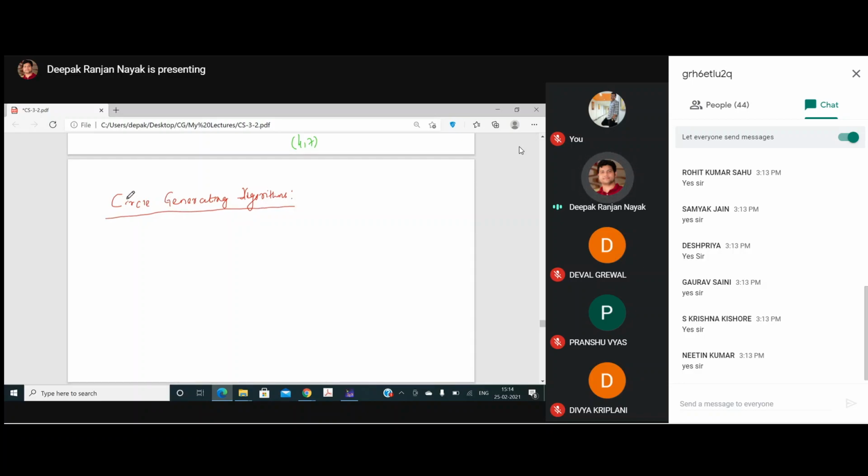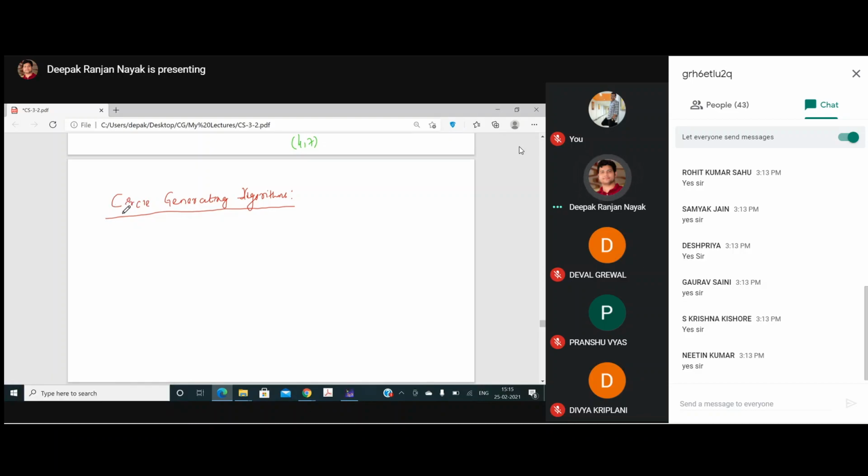We'll see that if we try to draw the circles with the help of the conventional procedure, like we have seen, y is equal to mx plus c, direct calculation, we face problems of floating point operations, floating point multiplications. Therefore we talked about the DDA algorithm. In the DDA algorithm also we have seen it requires some rounding operations, although plotting pixels with rounded values is not possible on the raster screen. Then we talked about Bresenham's line drawing algorithm for most of the cases, for slope greater than 1 and less than 1, and we've seen the advantages of Bresenham's.